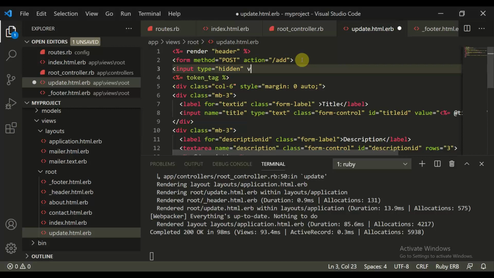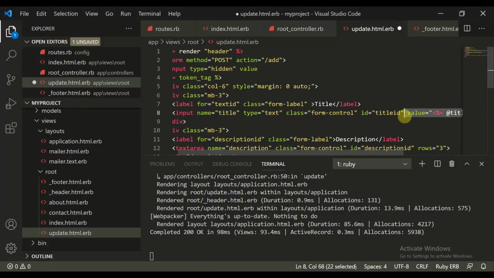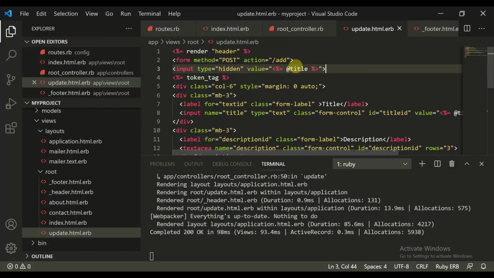And here you can see value is equal to, value can be your id. So input type is equal to hidden, value is equal to id. You need to actually maintain the id of the post as well.